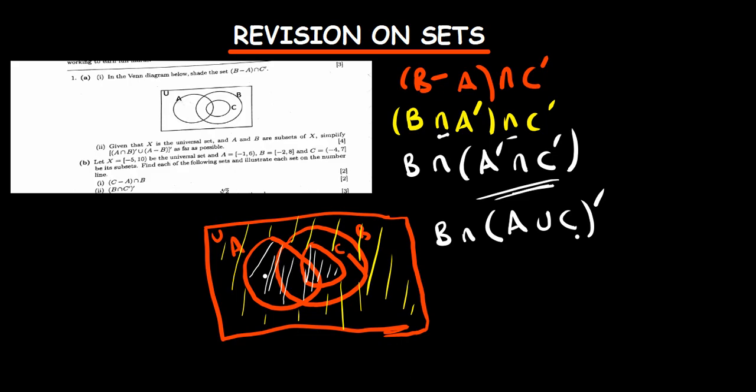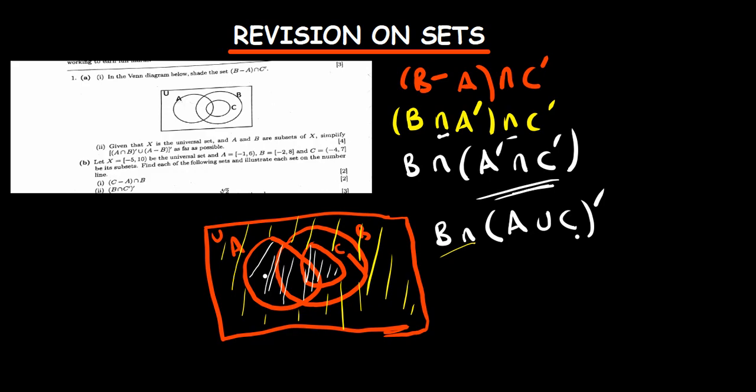Then they are saying intersection B. When you see outside here, we have an intersection B. Let me use blue for this one. So what you do is when you see the intersection there, the intersection B, meaning you shade the